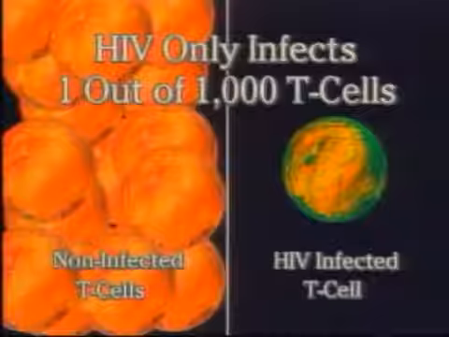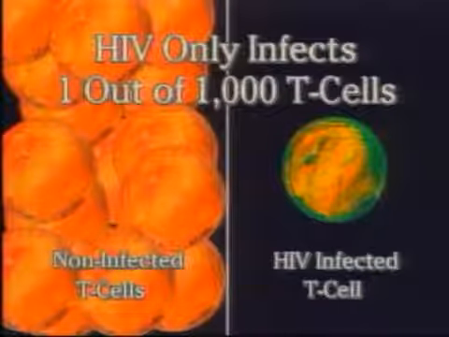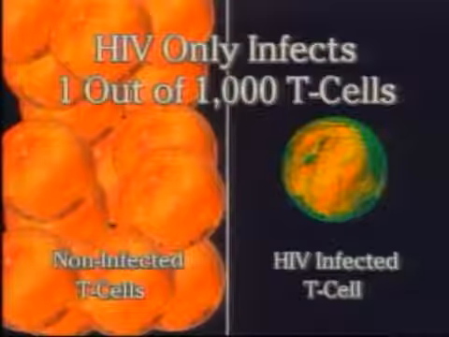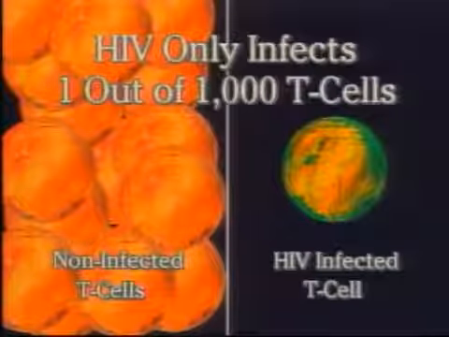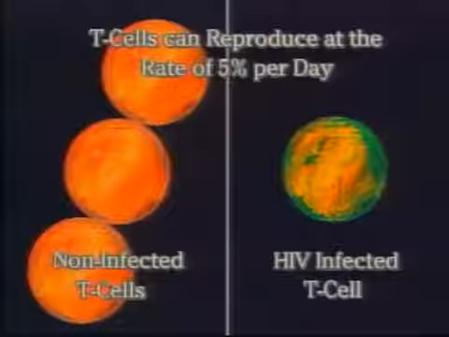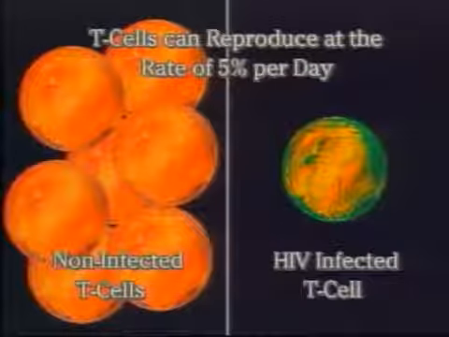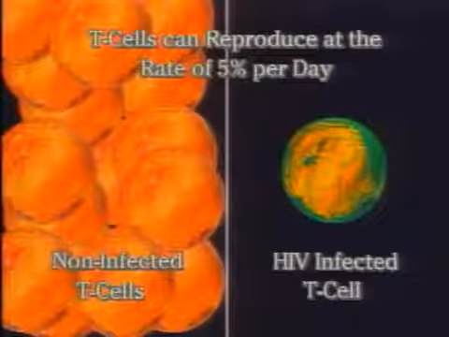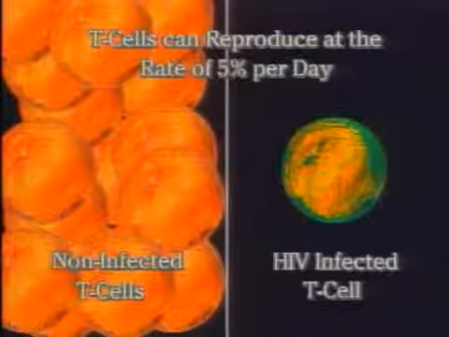Before long, the virus can hardly be found in T cells at all, infecting only one cell out of every 1,000, and sometimes as few as one cell out of every 100,000. On the other hand, T cells can reproduce at the rate of 5% a day. Simple math proves that HIV cannot infect enough T cells to cause them to die off and bring down the